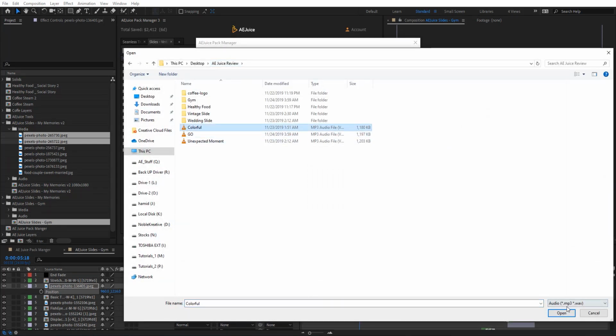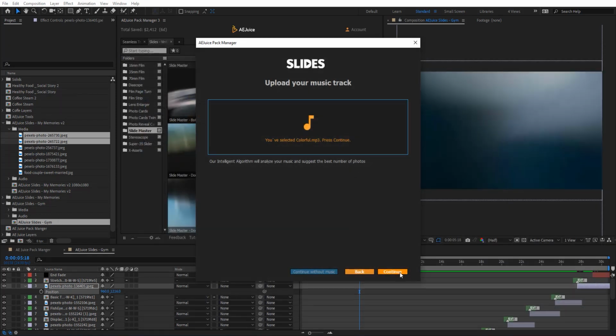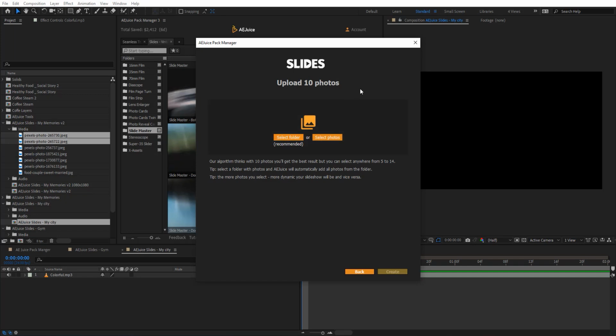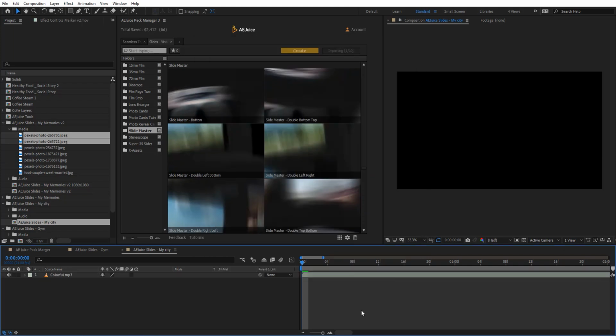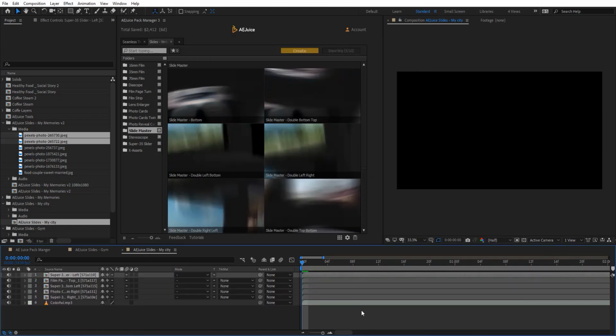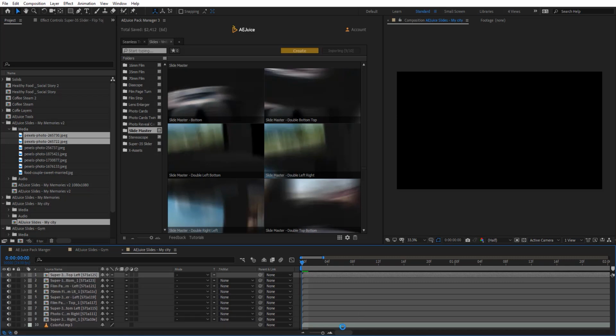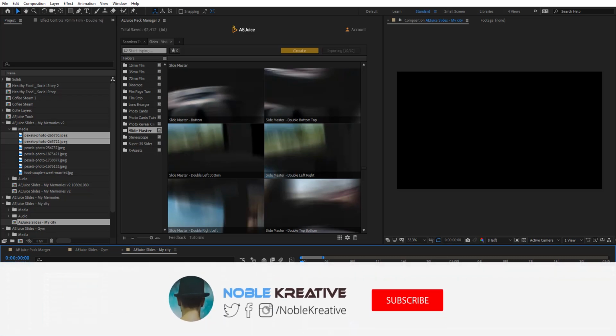So let's select this one and hit continue, and it's going to analyze the music and tell us how many photos. So you can select the photos yourself or just select the folder. I'm going to select the folder here and hit create. Basically, it's going to take a few seconds to create the slides, and let's preview and see how this looks.